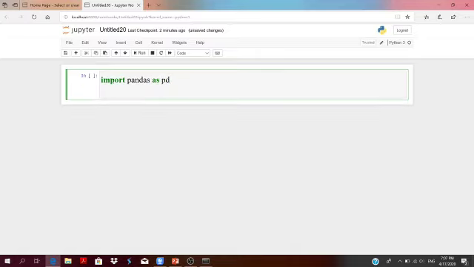Import pandas as pd. A is equal to pd.Series, with a capital S. Inside it pass a list 1, 2, 3, 4, 5.